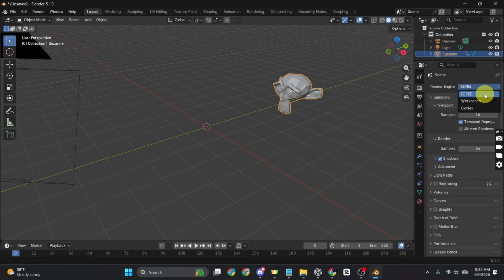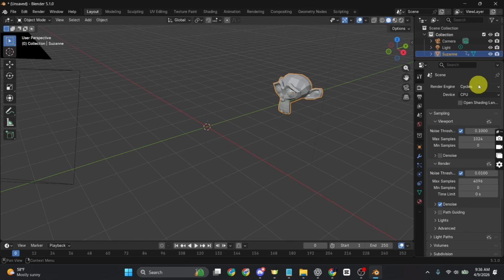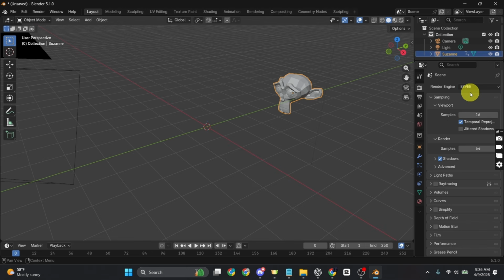EEVEE is faster and good for beginners, but Cycles is more realistic but slower. If you are just starting, I recommend using the EEVEE option because it renders much faster and it's easier to work with. And if you want realism and your PC is strong enough, you can switch to Cycles. Now I'm just gonna go ahead with the EEVEE one, and once I have done that, let's move on to